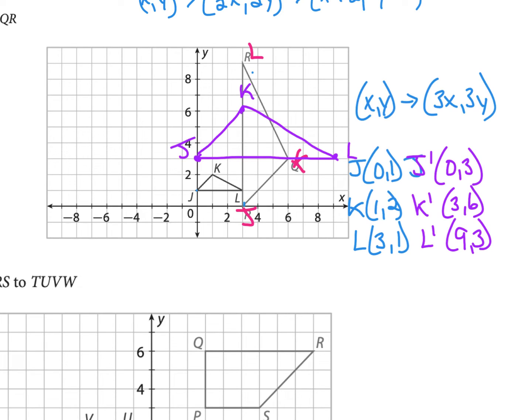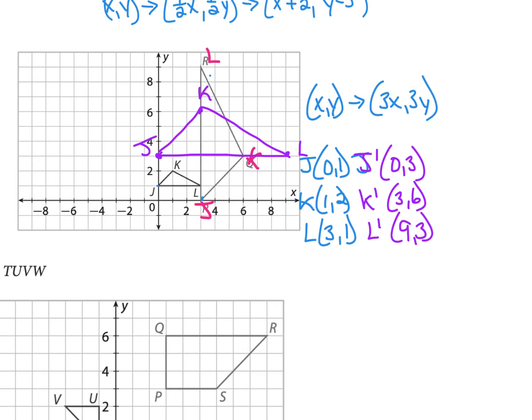Okay, so I need to rotate and then flip. So if I rotate 90 degrees, this is going to be really hard to show you. But if I rotate J double prime 90 degrees counterclockwise,